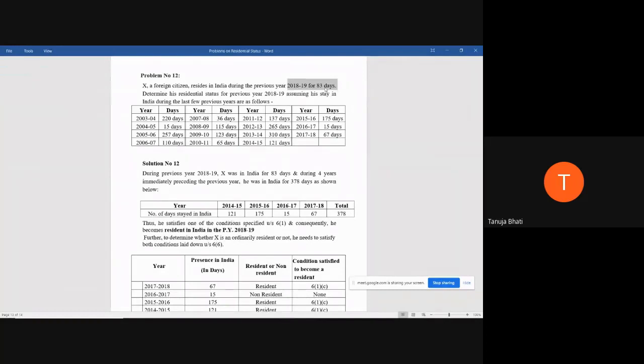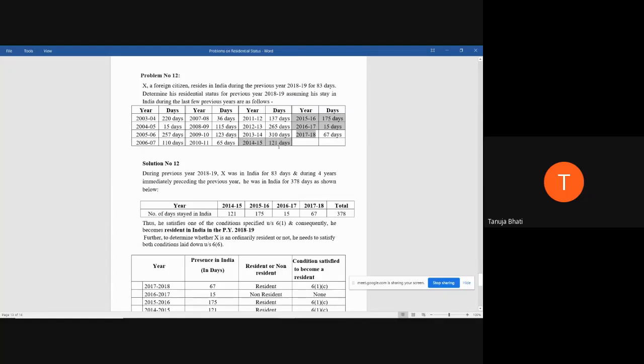Now let us see whether he satisfies the second basic condition. Second basic condition is specified under section 6 subsection 1 clause C, which says that his stay during the 4 years immediately preceding the previous year should be 365 days or more, and in the previous year it should be 60 days or more. Previous year it is satisfying, it is 60 days or more. Now let us see the 4 years preceding that. If the previous year is 2018-19, the 4 years before that are going to be 2017-18, 2016-17, 2015-16,